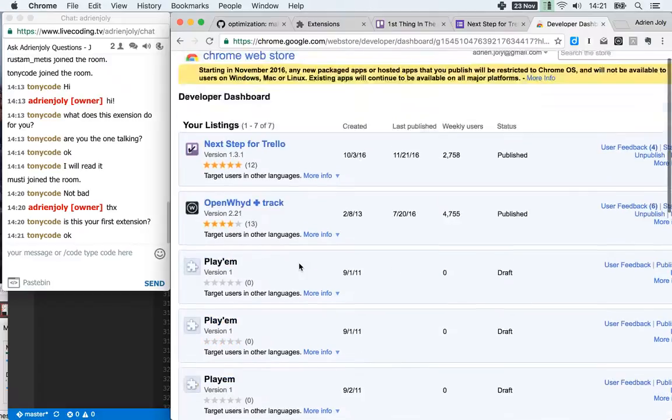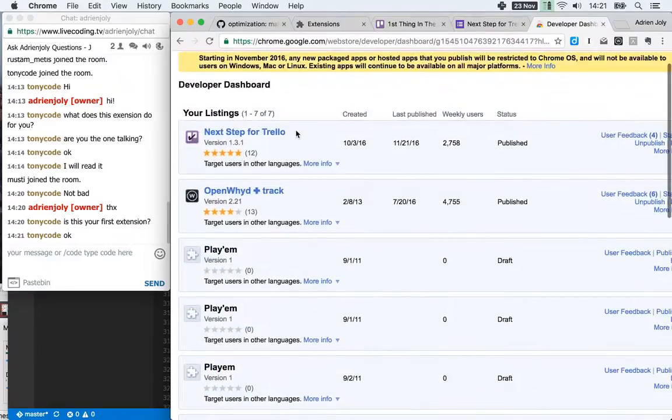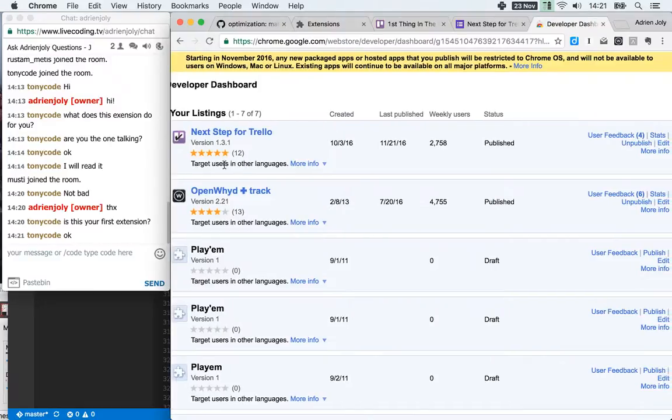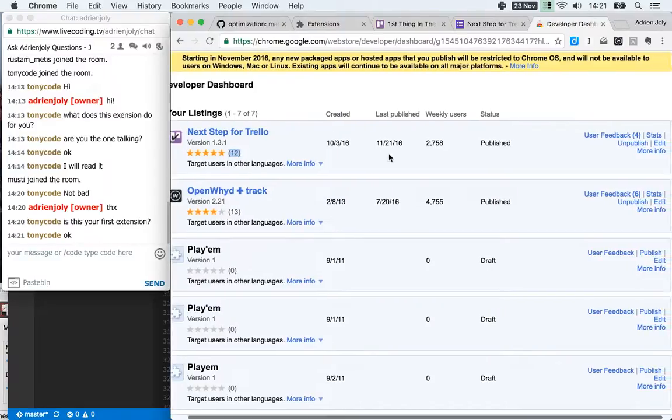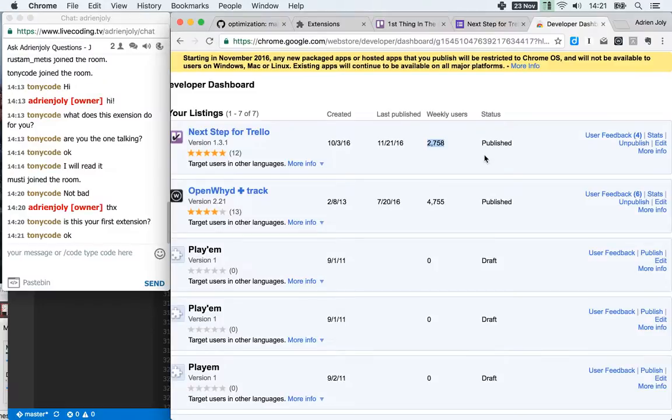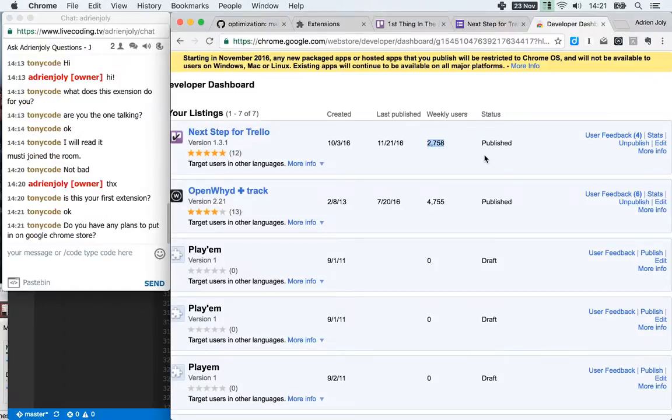Okay, so this one is by far my best Chrome extension, and so far it's the best rated. Okay, we've reached 2,700 users now. It's already on the Google Chrome Store, Tony Code. If you go to the website that is